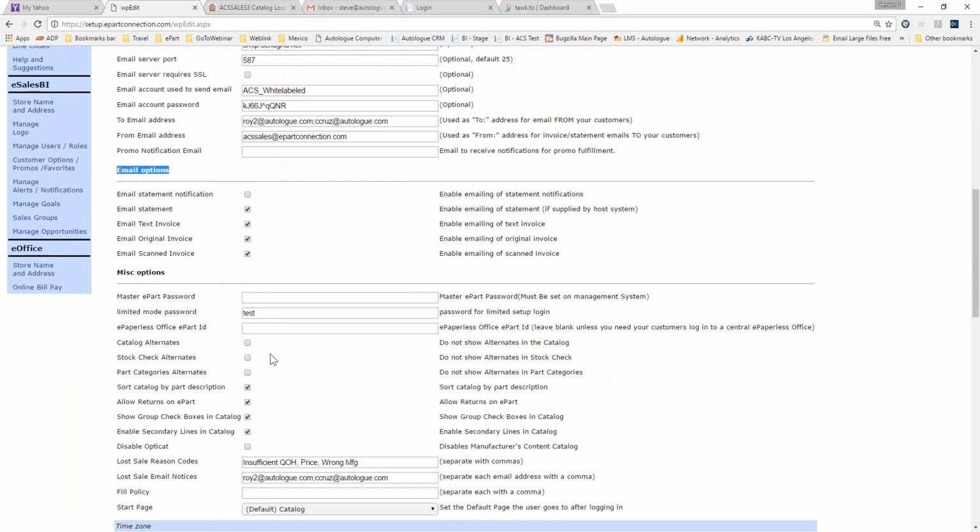The next section is miscellaneous options. The master ePart password is for systems that have many customers that their salesman will need to go into. This is a setting that's used for eSales BI. Quite often, a jobber does not assign a password to every single one of his customers. If that's the case, then they would set up a master password. So when the salesman goes to a customer and logs into ePart, he'll be able to go in,